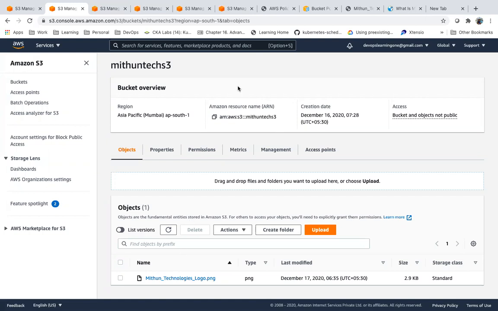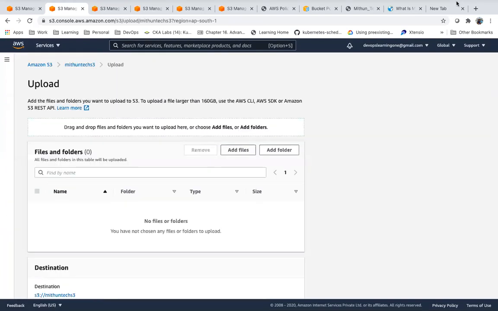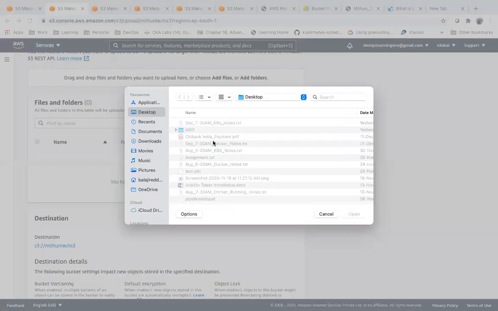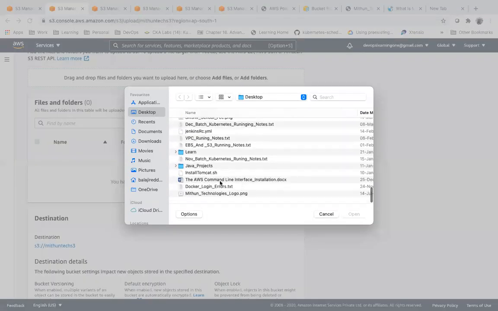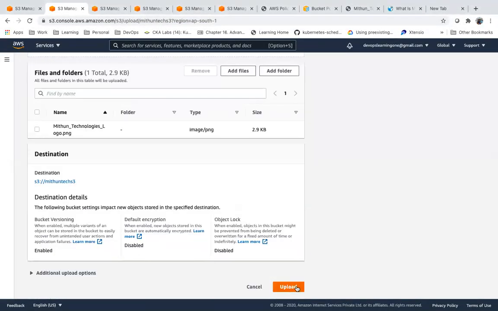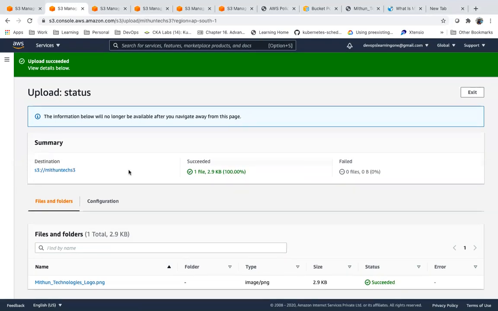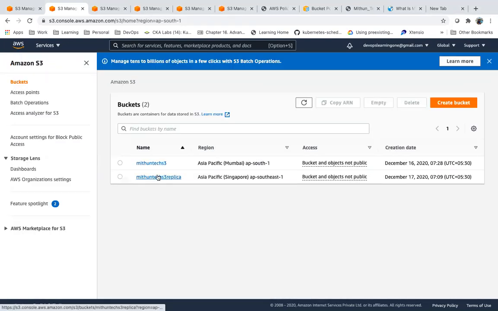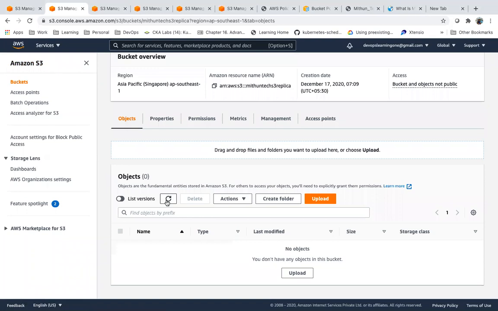So let me upload some file now in the source. Same name is also fine. I am uploading the same object again, after creating a replication, in the source bucket. Now if you see, after some time, I can see that in the destination it will be replicated.